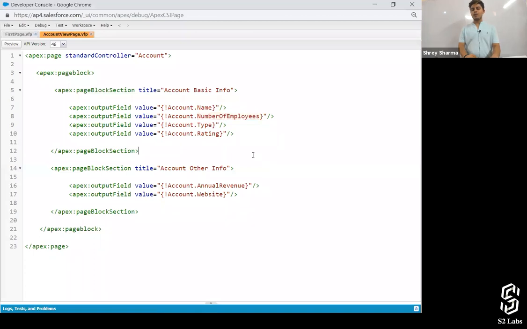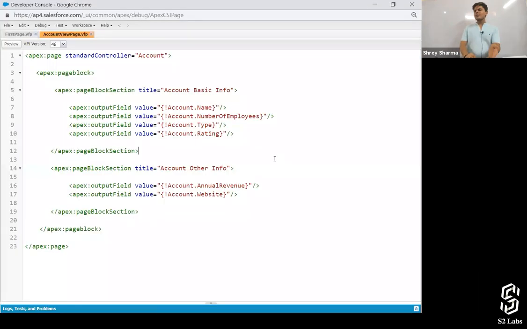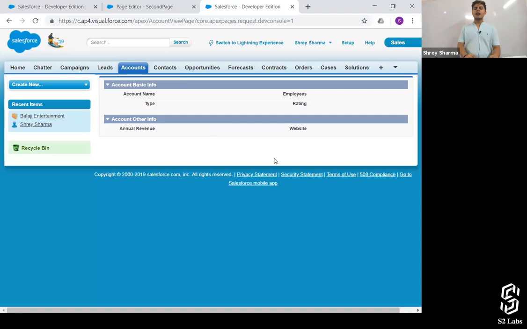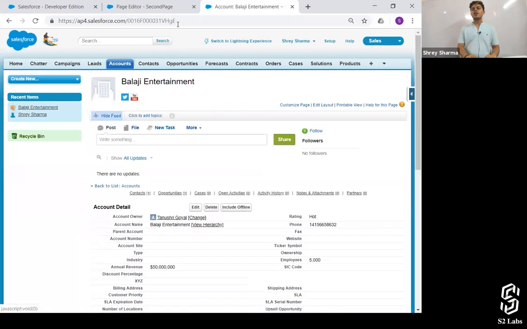Anyways, the most important thing coming up over here is that I'm not able to see the data for the record, right? So have you specified anywhere over here for which account record I want to see this information? No, right? And if you'll notice, whenever you open a particular account, there is a record ID that comes up over there, right?